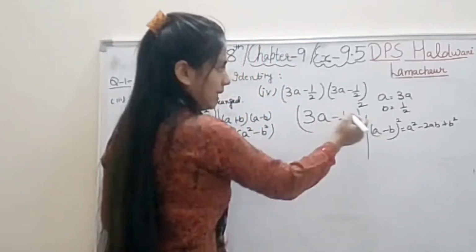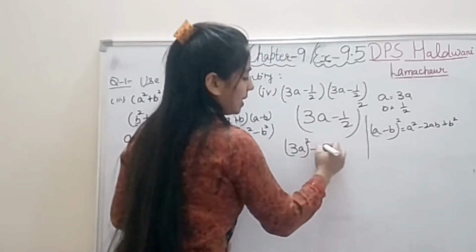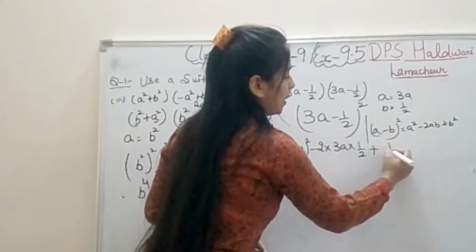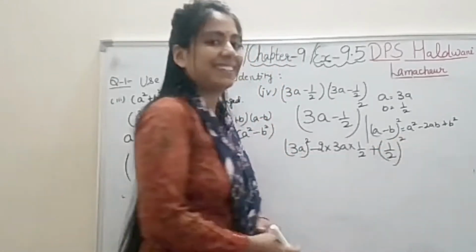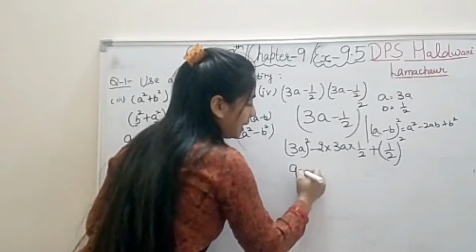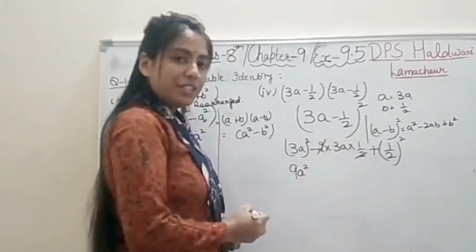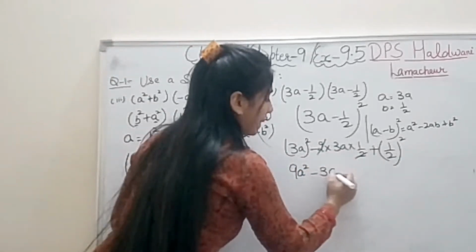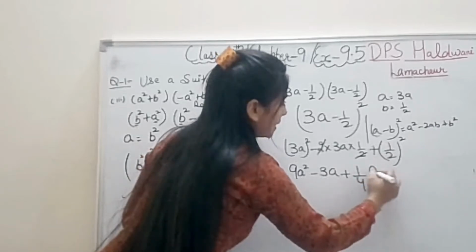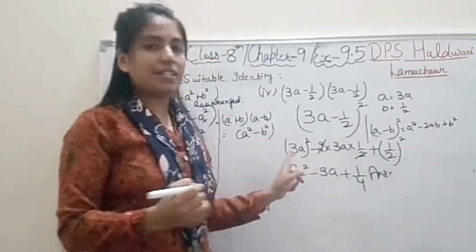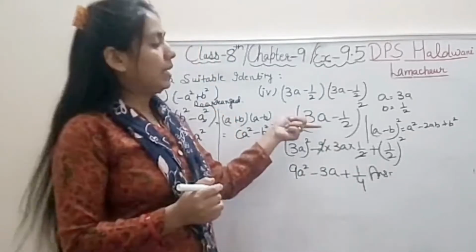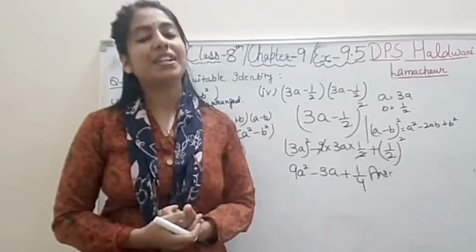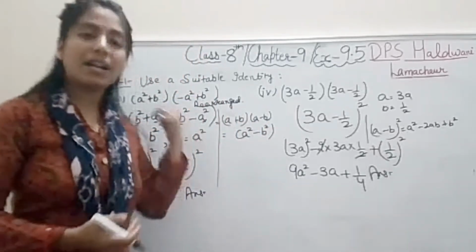So put it. A is a square minus 2ab then plus b square, that is 1 by 2 ka square. Right students? Now solve it. 3 3s are 9, a square. 2's cancel by this 2 because it is numerator denominator multiplication sign. So it is minus 3a and plus 1 by 4. That's it. This is the answer. This multiplication division we have done in previous exercises. Here we only have to use identity and solve. I hope student you got this question. So this is all about 4 parts of question number 1.